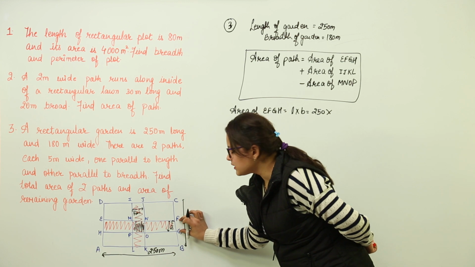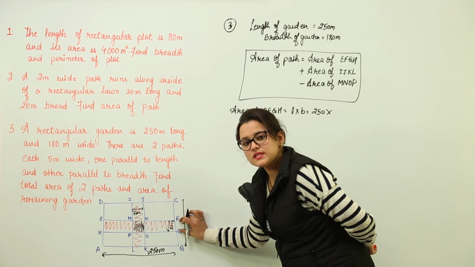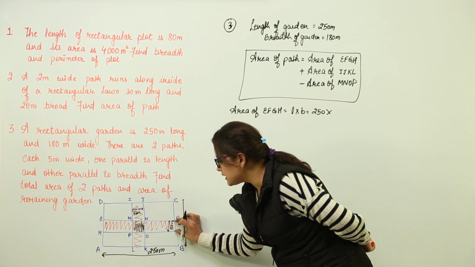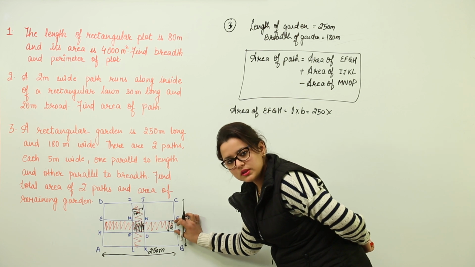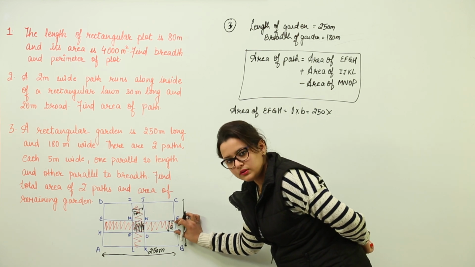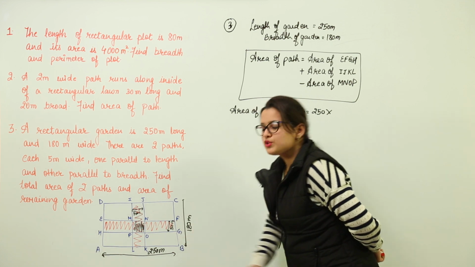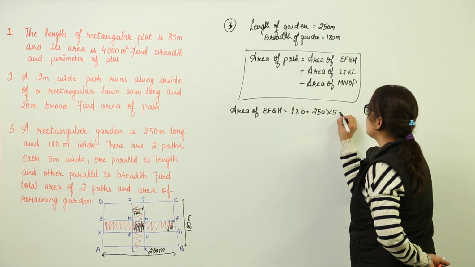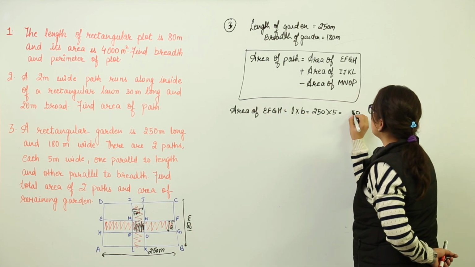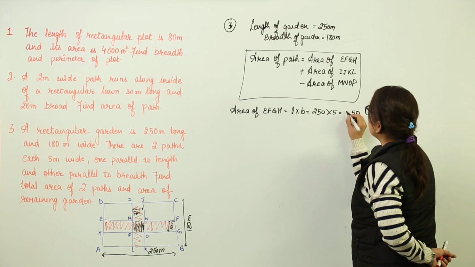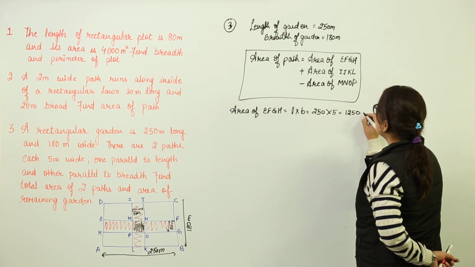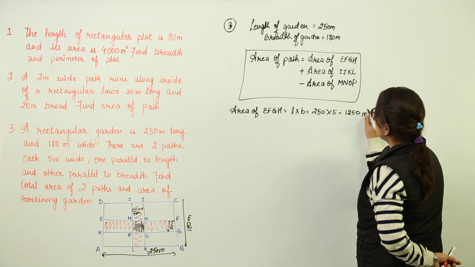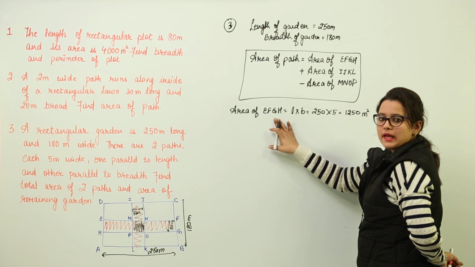The breadth of this rectangle is given to us as 5 meters, because the width of the path is actually the breadth of this particular rectangle. So we'll write the breadth as 5. So we get 1250 meters square as the area of rectangle